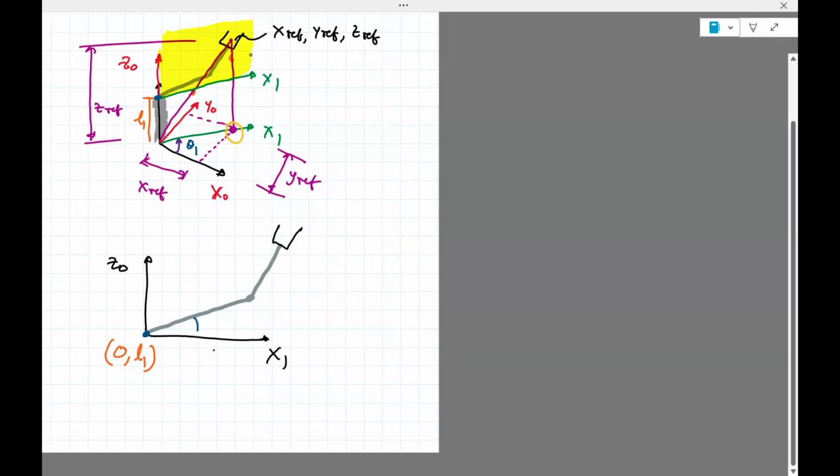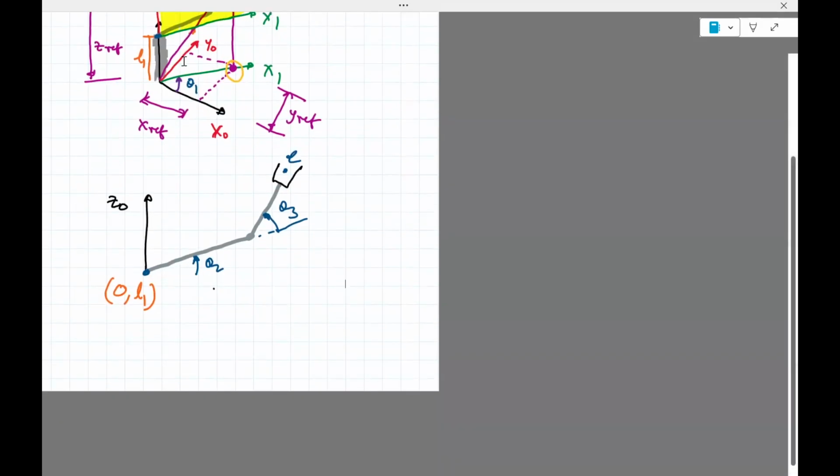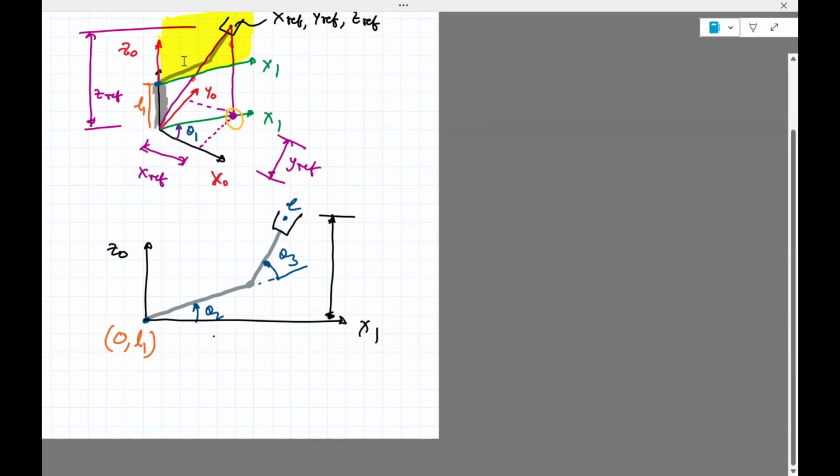Okay, let's draw theta 2, sorry, and then theta 3. This is my end effector, and let me just show you the coordinates. Okay, so this is the distance from the end effector to this point, not the bottom. So this is going to be the z distance, z ref, but minus L1, right? Because we just have L1. So, and then the